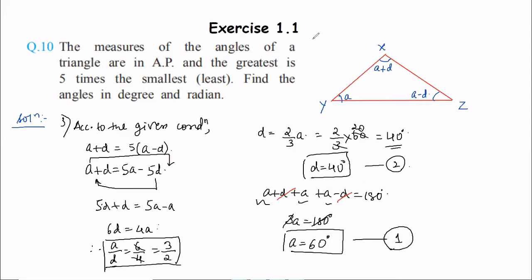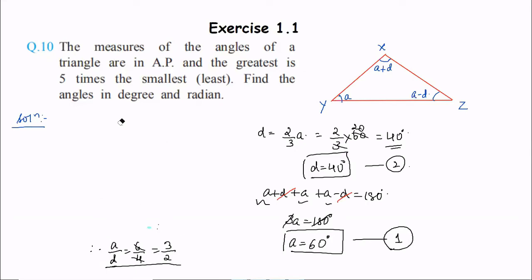You need to use these values and substitute them. So doing the fourth step, erasing the left hand side, you can copy as I'm writing. You can pause the video and note the steps down. Mark the sum. This sum is important from the board's point of view and also the semester exam point of view. So this is the fourth step in which we will be calculating the values. So measure angle X is equal to a plus d, and the value of a is 60 plus the value of d is 40. That gives me 100 degrees.